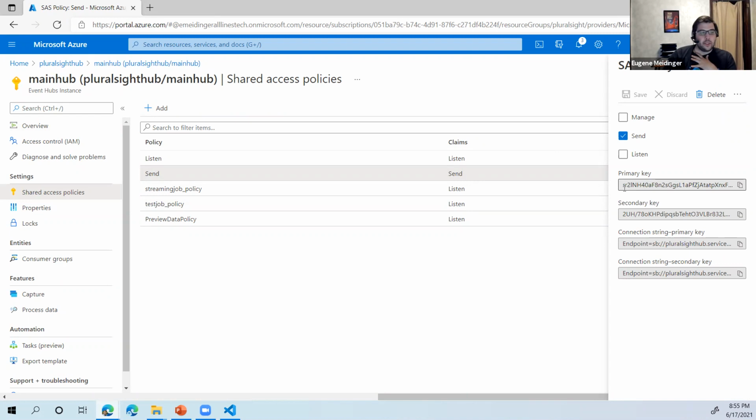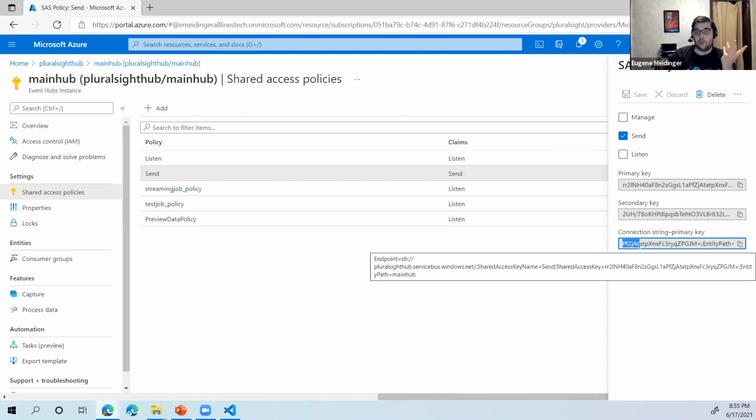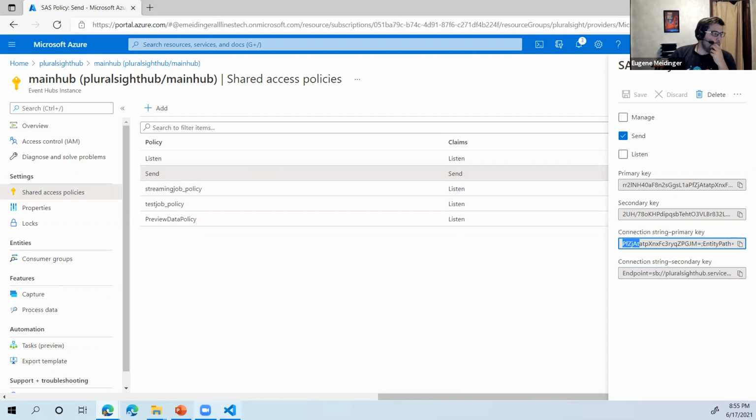And the way this works, again, is these shared access keys. So you have 2 keys and that's it. And I can regenerate them if I wanted to. And you get a connection string that's what we use to be able to talk to Azure Event Hubs. So now what we can do